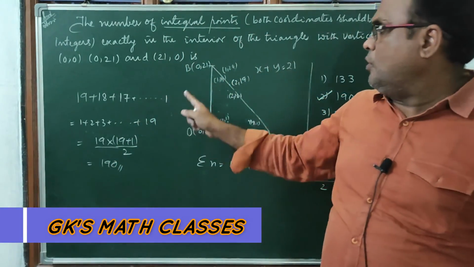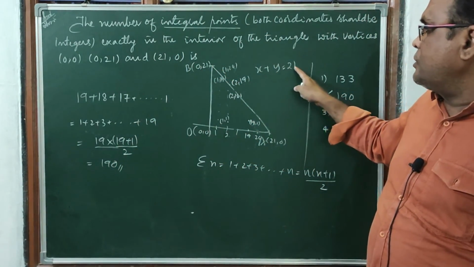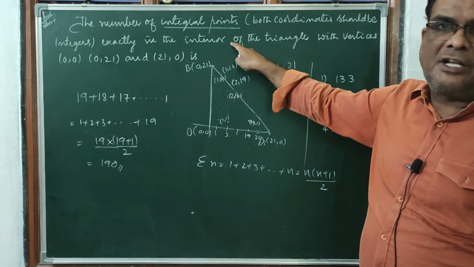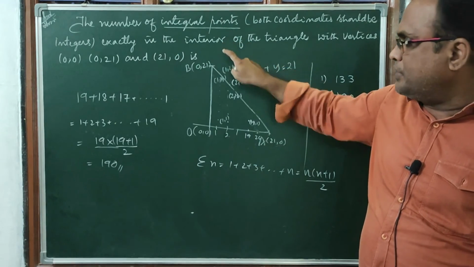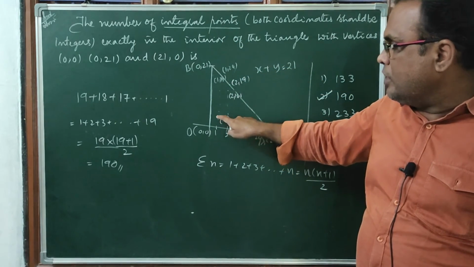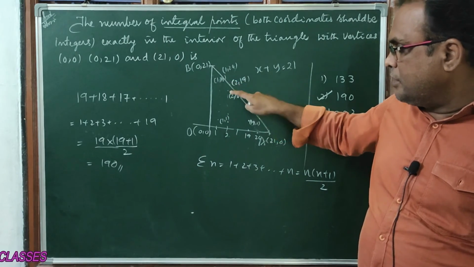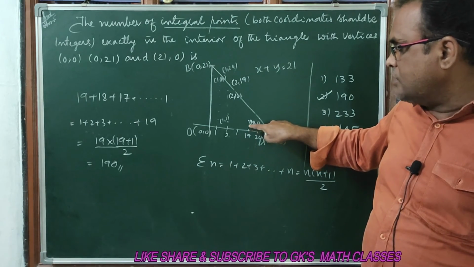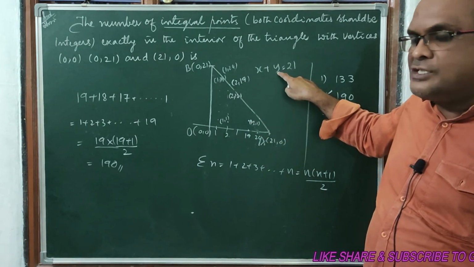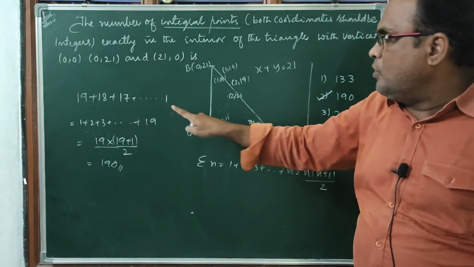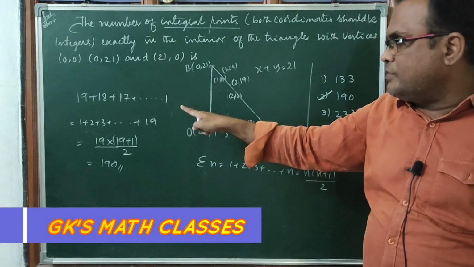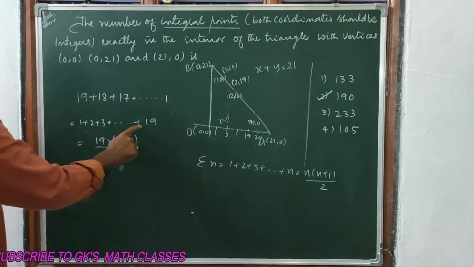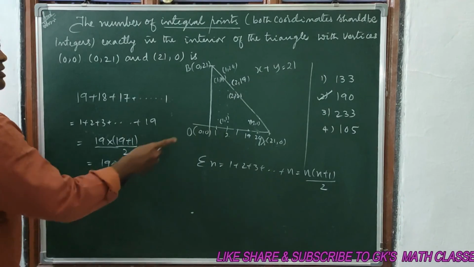Is it right? On the line x plus y is equal to 21, the points on the line will not come under this category. So we have to take only interior points. If you start from 1, we have to take 19. If you start from 2, 2 comma 1 to 2 comma 18. If you take 19, 19 comma 1 lies inside the triangle. So 19 coordinates, 18 coordinates, 17 coordinates, up to the last one, which will have 1. If you reverse it, 1 plus 2 plus 3 plus and so on plus 19, this is 190.